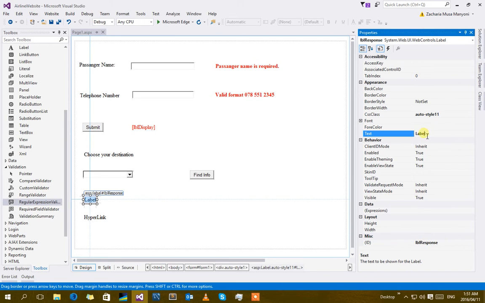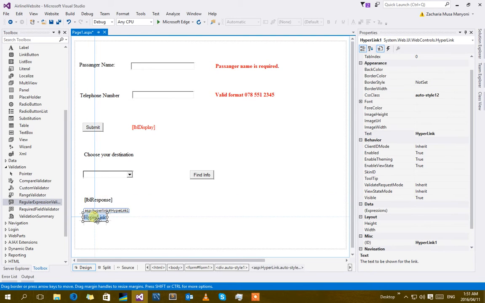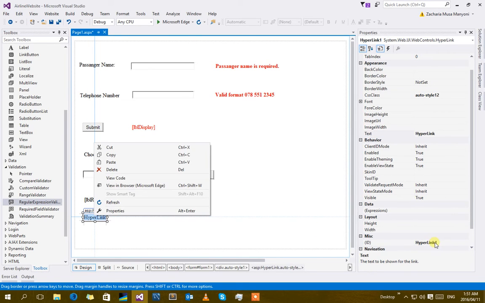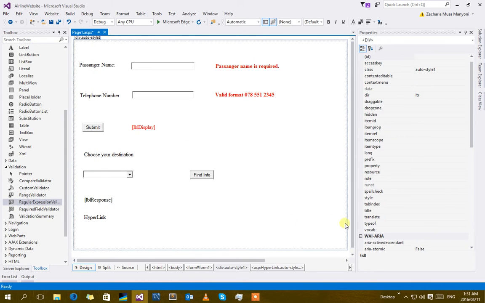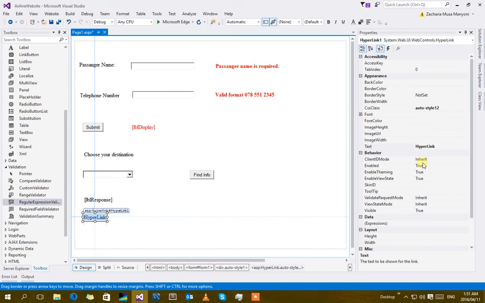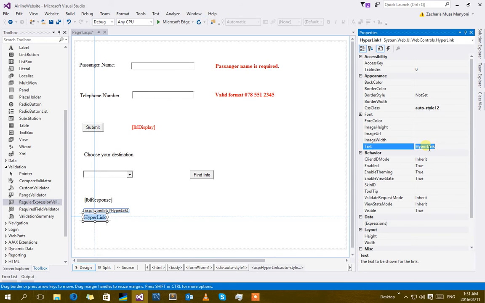So you can leave its text as being empty, and then the hyperlink would be the one that redirects you to a different page. Since there's only one hyperlink in this page, it's not so hard to tell them apart. So I'm just going to name it view info. Notice that I only added one page to our website, so I'm just going to leave it as it is and